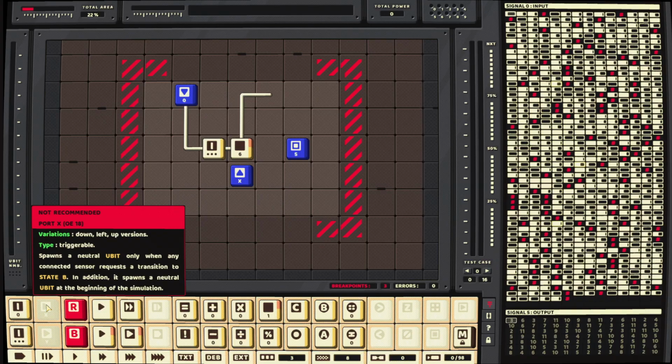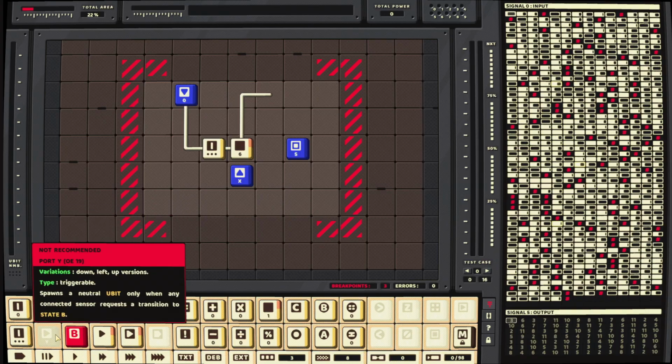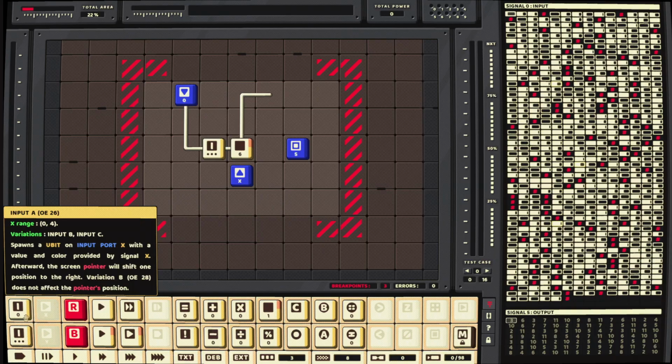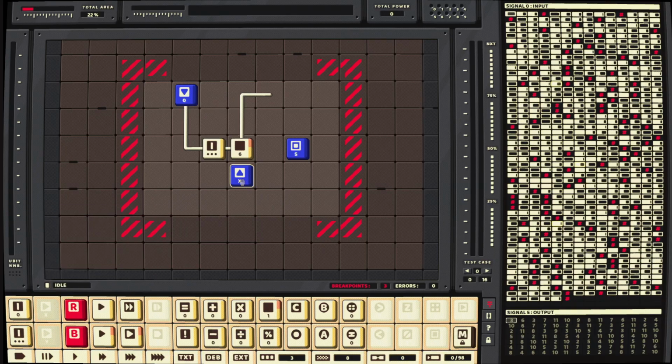So it's weird that it says port X. But X doesn't seem to be a value. You can't write 5 here. It doesn't mean anything. So if I do this,